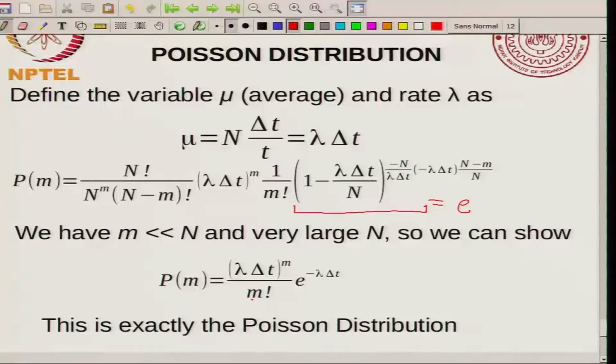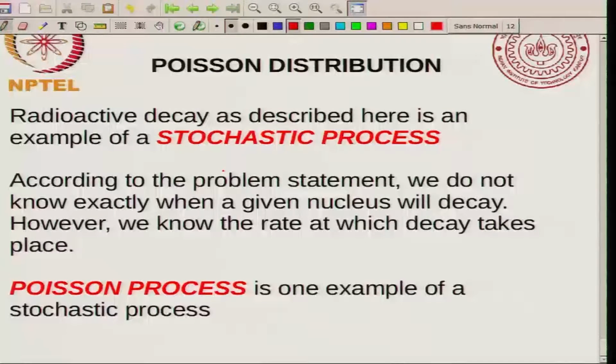And so, what we did is we got the Poisson distribution as a limiting case of the binomial distribution. And just to conclude, the Poisson distribution that we have shown here, and we discussed radioactive decay, this is an example of a stochastic process. So, radioactive decay is a stochastic process that occurs at any random instant in time, and according to the problem statement, we do not know exactly when a given nucleus will decay. However, we know the rate at which the decay takes place,